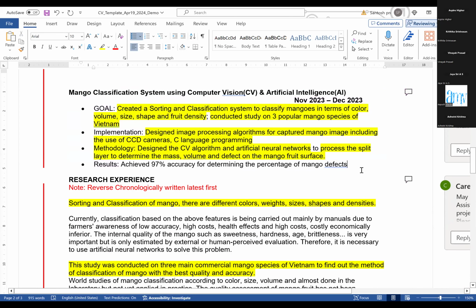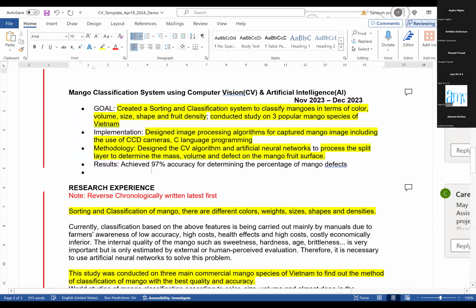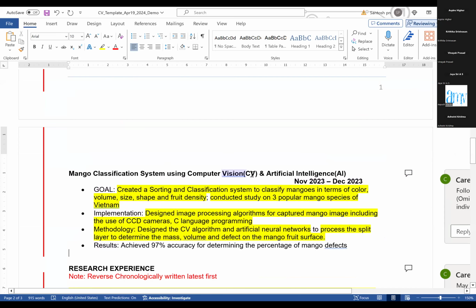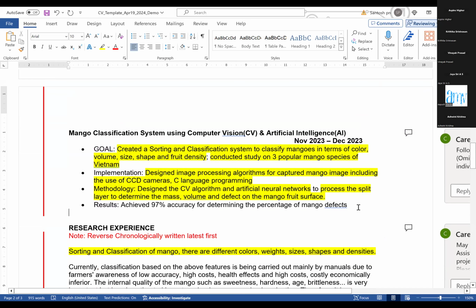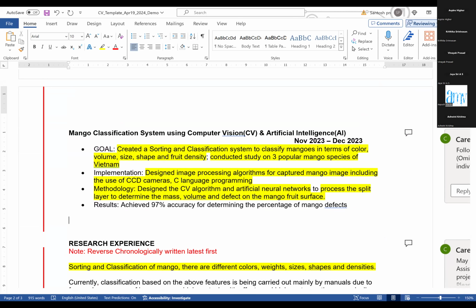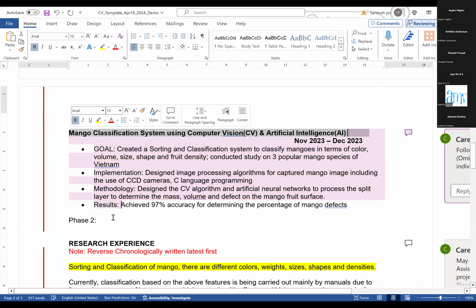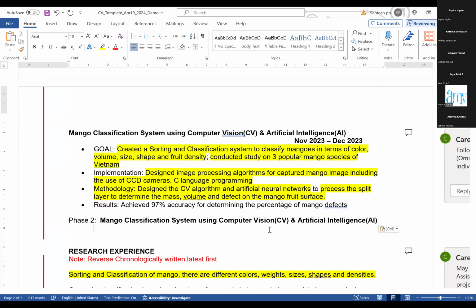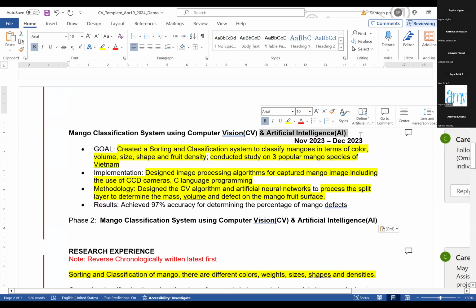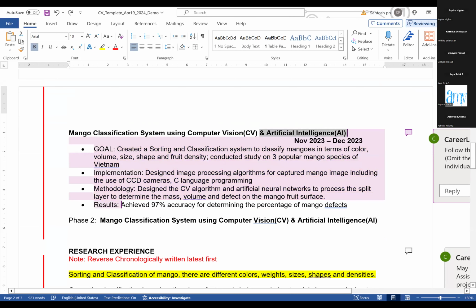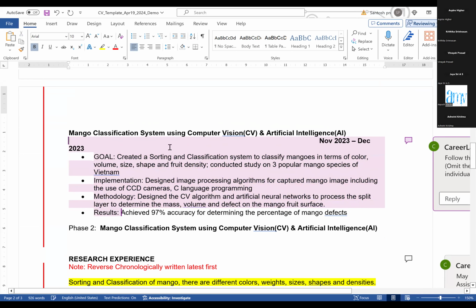So let's say, for example, the same mango guy did this experiment using only computer vision. Then he brought in an artificial intelligence project. So then what I can do is write it as phase 1 and phase 2. I'm just making it up, guys, because anyway we can. So here we're going to keep it as mango classification system using computer vision and AI. Let's say this guy only started with computer vision first. There are two ways to write it. So here what I can do is say, design of the